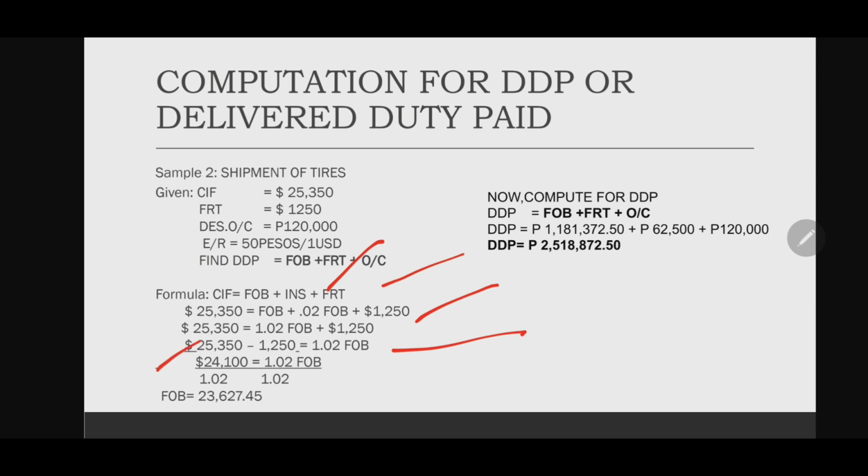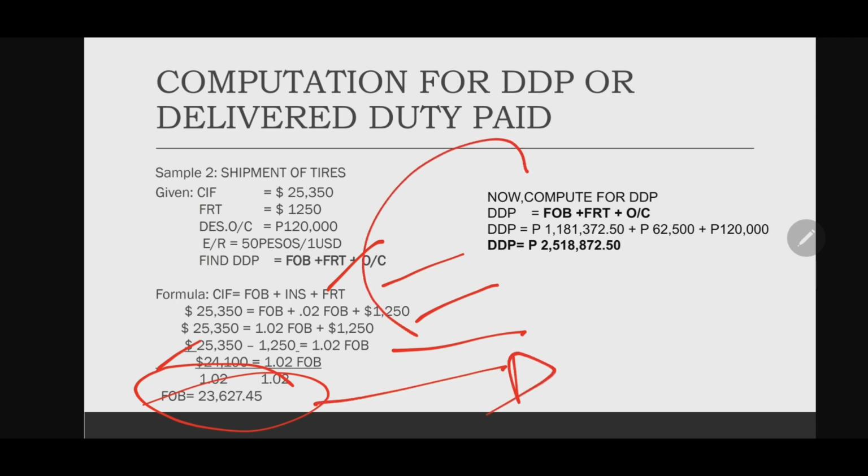So, to get the value of the FOB, divide both sides of the equation by 1.02 and you'll get the value of your FOB as 23,627.45 when you use your calculator. Okay, so now that you have the value of FOB, you can now proceed to computation of the DDP, which is the formula FOB plus freight plus other charges. Okay, substitute. Your DDP is equal to your FOB, which